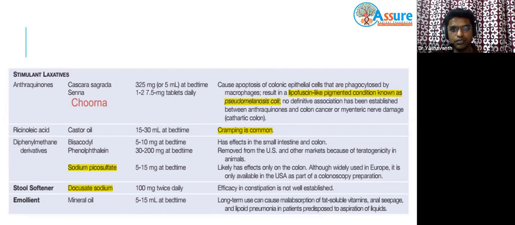But if they don't work, what you have to do is a combination. When you are combining, please put some logic. The logic is not given in the books. So you have to combine a stimulant with a fiber, or a stimulant with a bulk agent, or a stimulant with an osmotic. Okay, that is the normal approach.